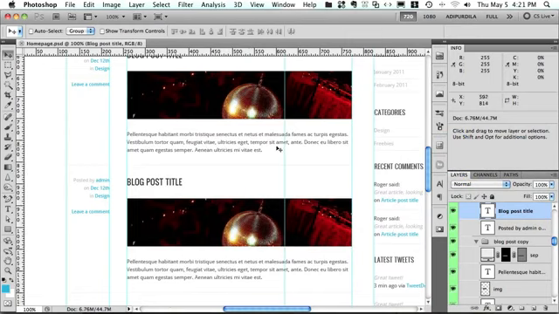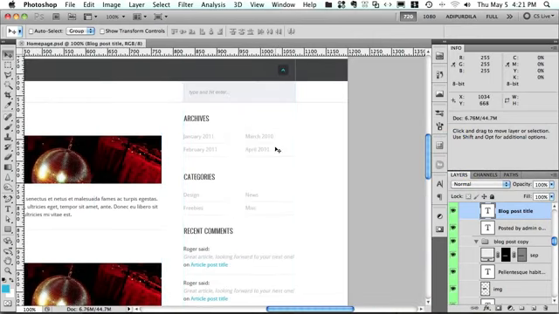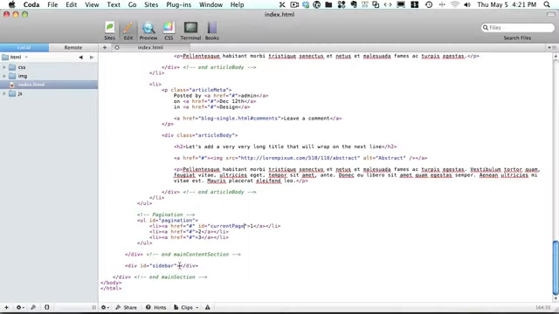Let's see, we're done here. Let's move on to the sidebar. Now the sidebar can actually be a list, an ordered list. I think that's the way WordPress generates it as well. I know it generates it as a list. I'm just not sure if it's OL or UL. But anyway, that can be changed if needed. So OL with an ID of sidebar,